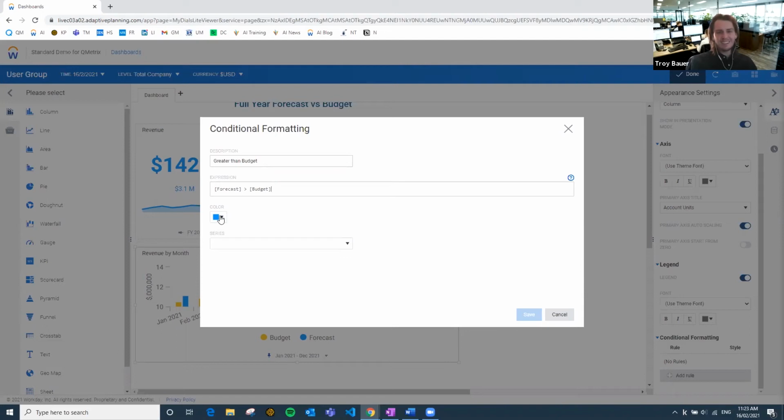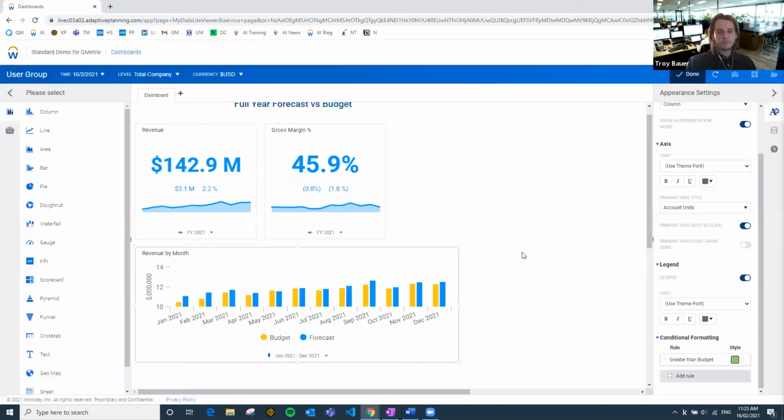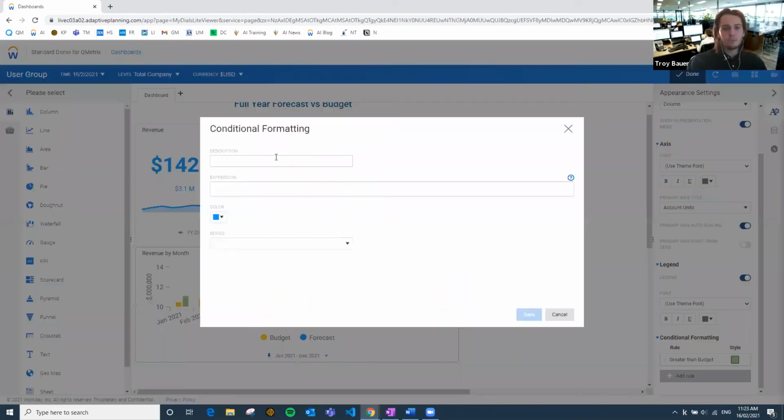I then apply a color that I want to see. If forecast is greater than budget, that's good, so I want that in green. And we need to define a series to apply that formatting to. We want to apply it to the forecast, that blue bar there. If we pick forecast and click save, I'll wait for that to update. We've got a fair few greens along there, and we've got one errant blue bar where the forecast is less than the budget. So let's account for that. Create a new rule, less than budget, and the same expression except forecast less than